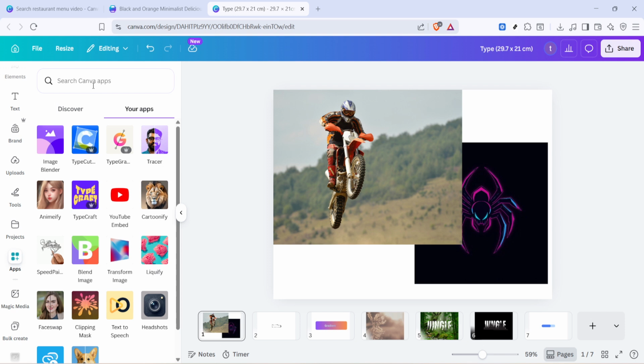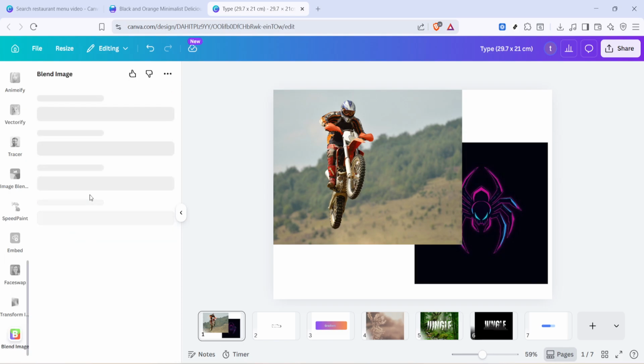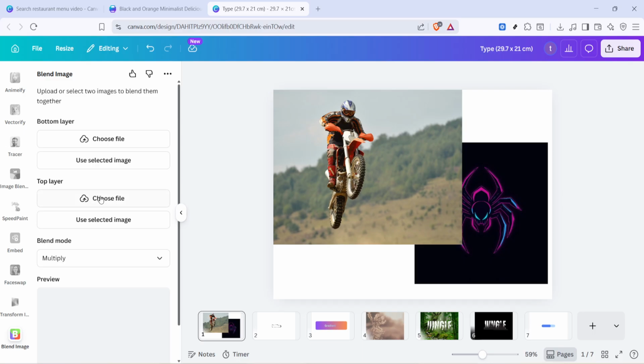In the Apps search bar, type Blend Image. You're looking for the Blend Images tool. When it appears, click to open it. This tool makes it simple to stack two photos and combine them using professional blending modes, so you get creative